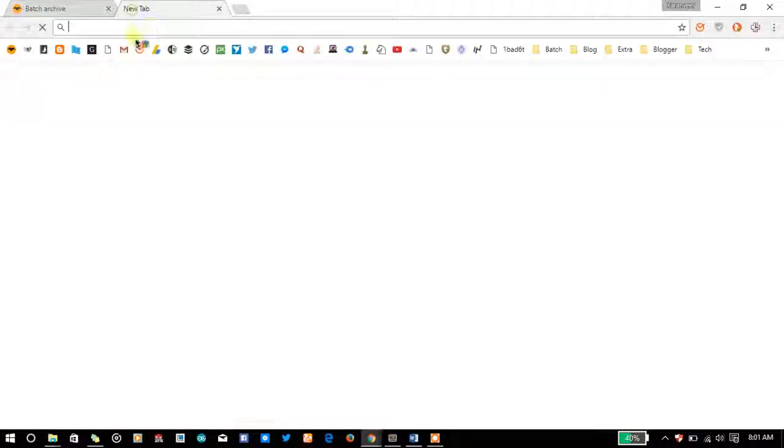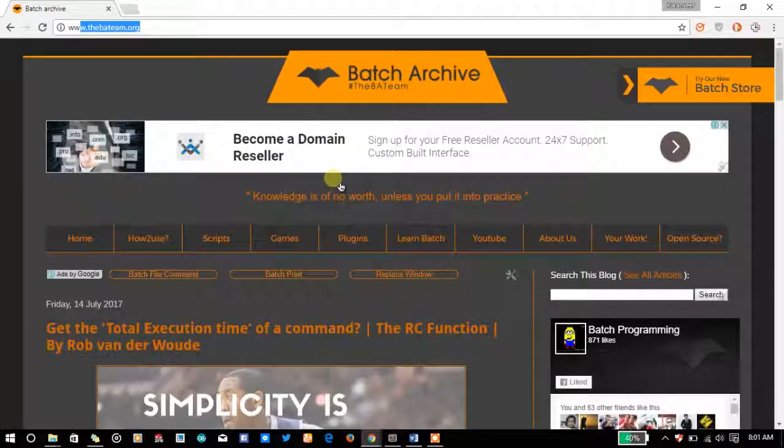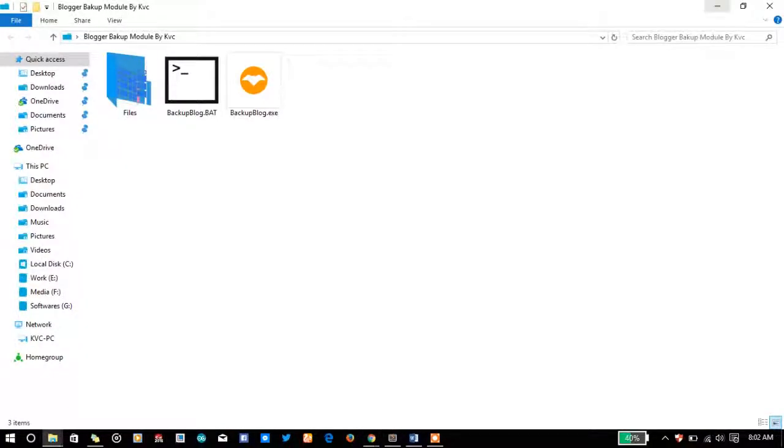I need to go into the settings of blogger.com and then select my blog, and then in the settings I have to choose to update or back up the blog. So I cannot do that regularly, and as you know, we batch programmers just need to find a pattern, and we can do all things automatically